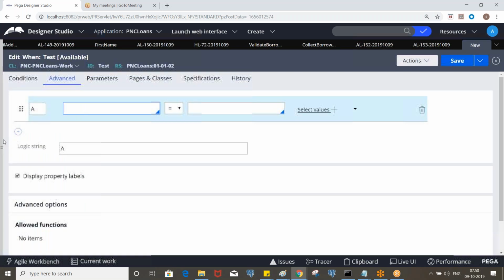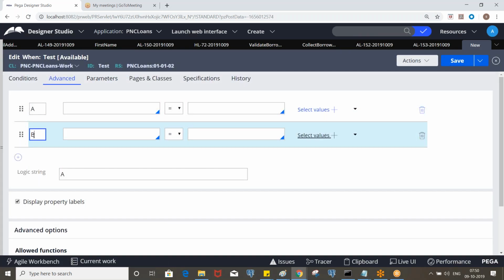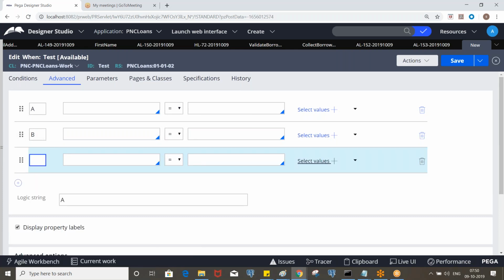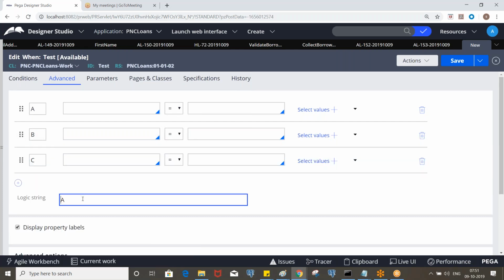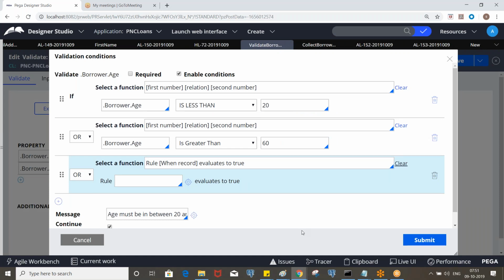So I define the conditions like this. Okay, 3 conditions. I want to display the message either A and B satisfies or C satisfies. Clear? And we call this when rule here, and it will be validated if the when rule returns true.